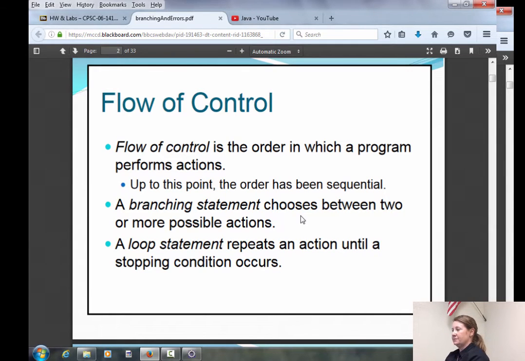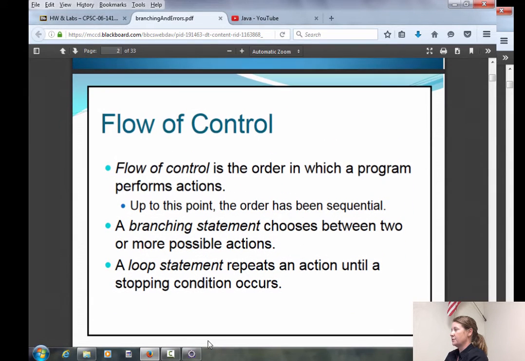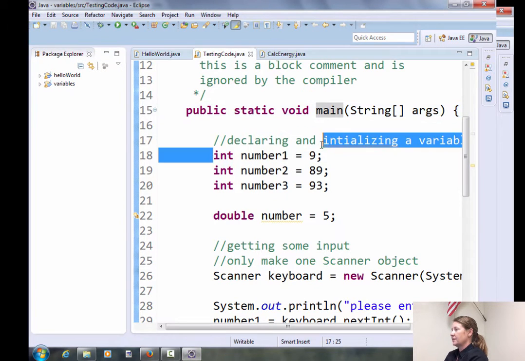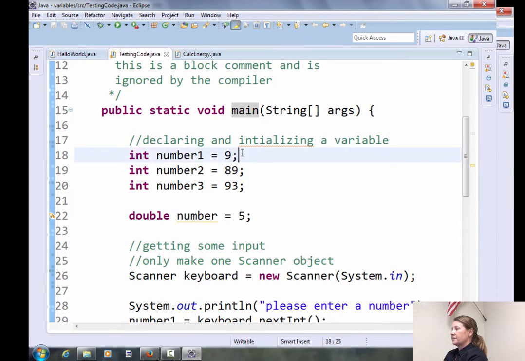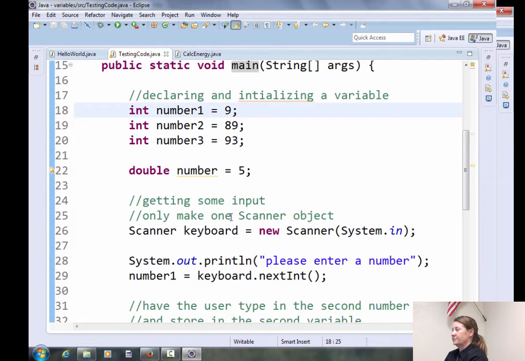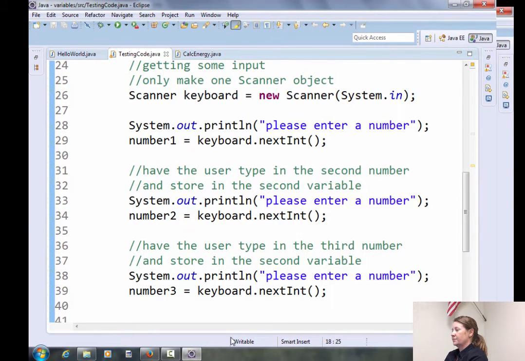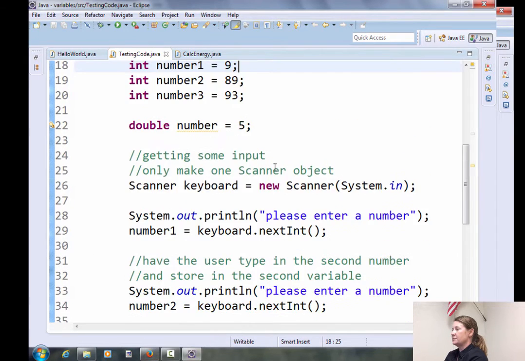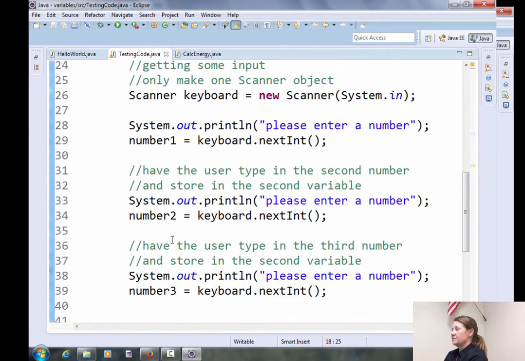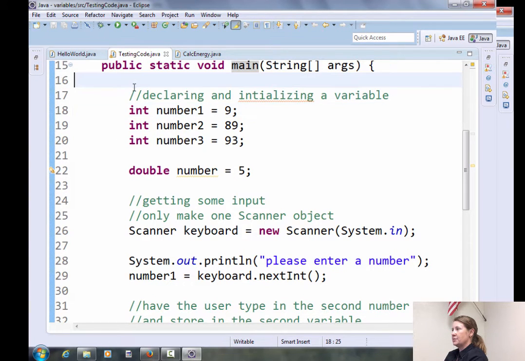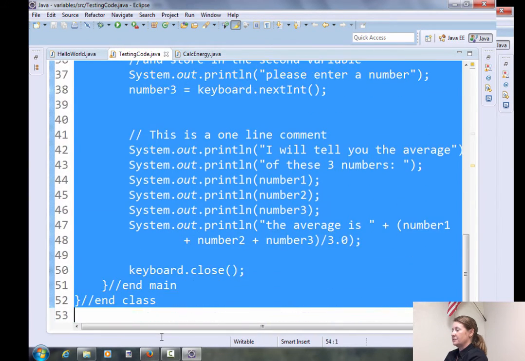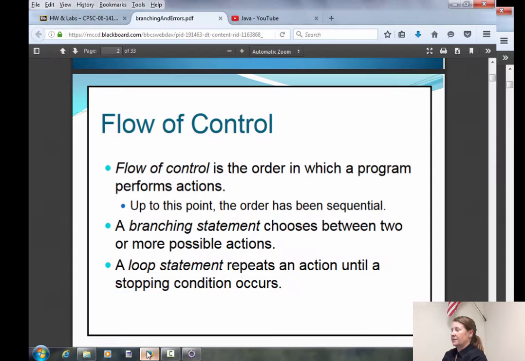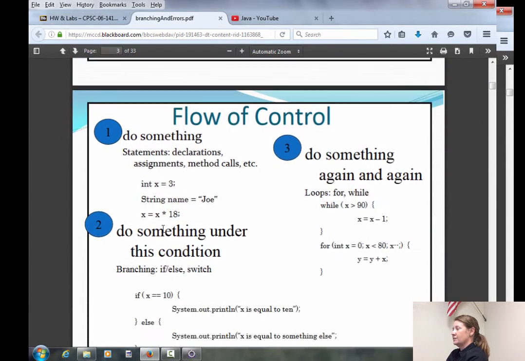You can either have a statement, okay, and a statement is like a variable declaration. A statement is something that usually ends in a semicolon, and it just does something in your program. All the programs we've written thus far have just been a bunch of statements. And the statements run sequentially, so it starts at the beginning of your program, comes to the end of your program, and then stops. Programs would be pretty boring if that's all they did. So a branching statement allows us to do something under a certain condition.